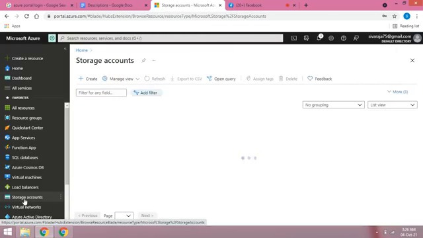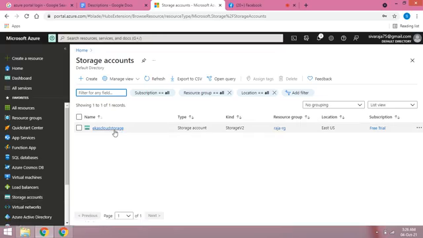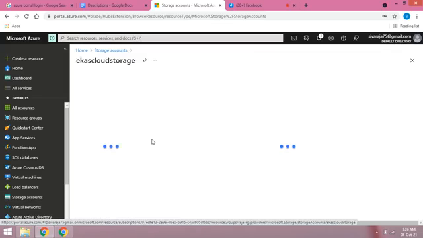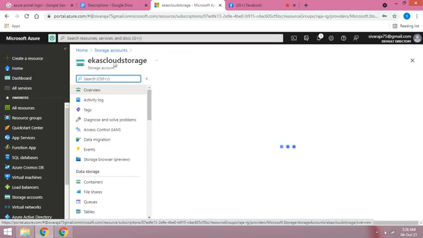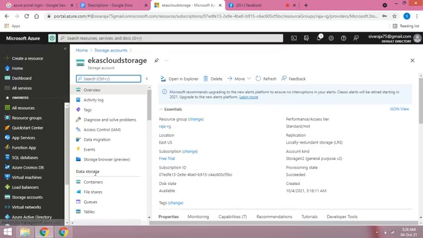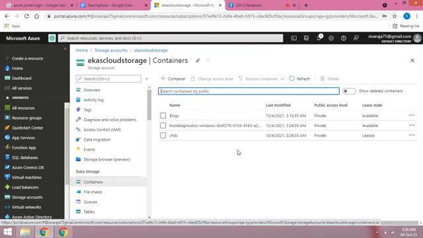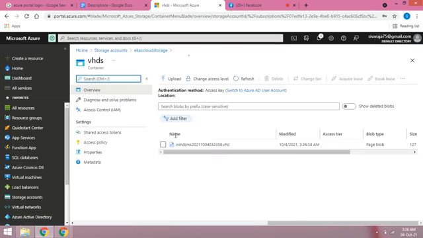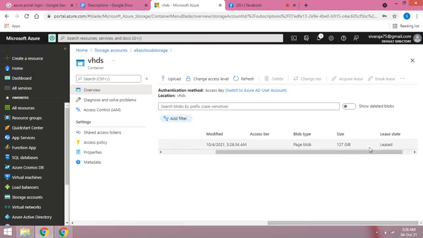Now I check by going to the storage account, ECAS cloud storage. So this is the data storage. Now I check the container. Inside the container one hard disk is created. This hard disk is our VM hard disk. So go inside that hard disk. This is the hard disk. Our 127 GB hard disk is created.